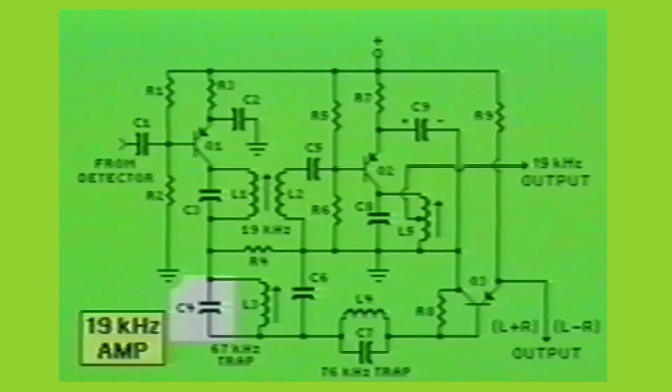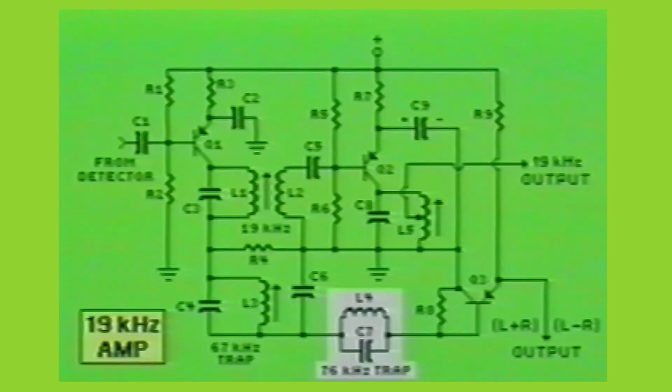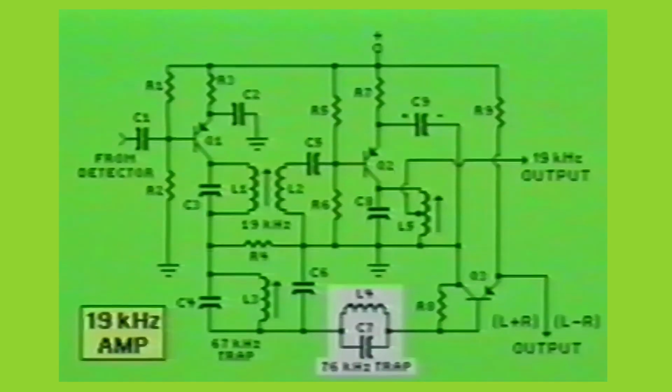Since there is usually a fourth harmonic generated by the 19 kilocycle tone, the 76 kilocycle signal must be removed or noticeable interference will be heard in the audio output of the receiver. This is where the tuned tank circuit, consisting of inductor L4 and capacitor C7, traps or cancels out the 76 kilocycle component. Now the only signals which exist are the L+R and the L-R audio components, which are presented to